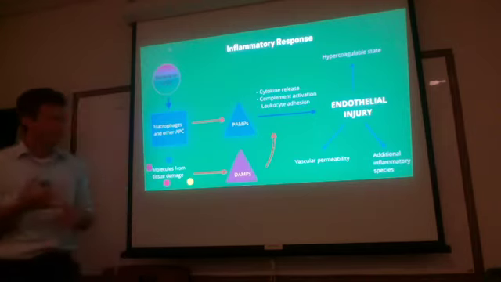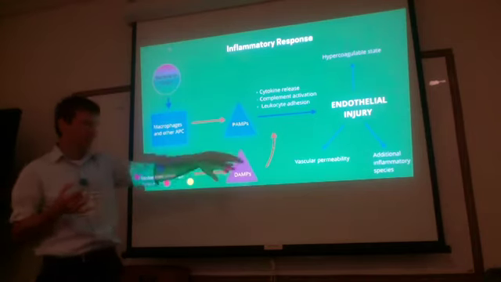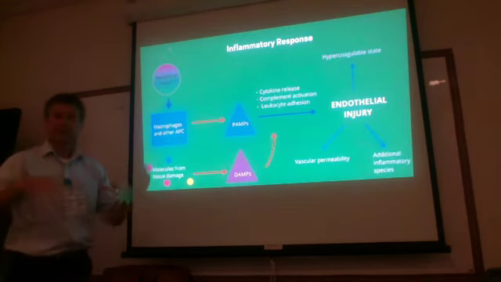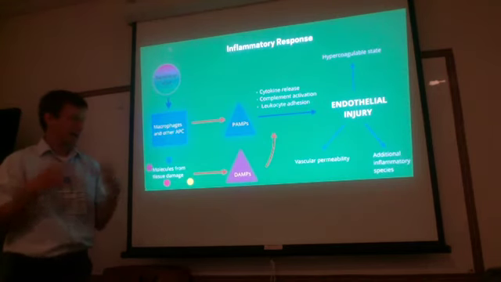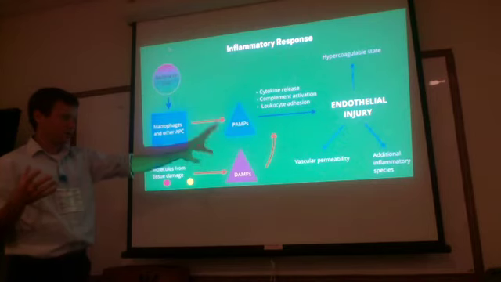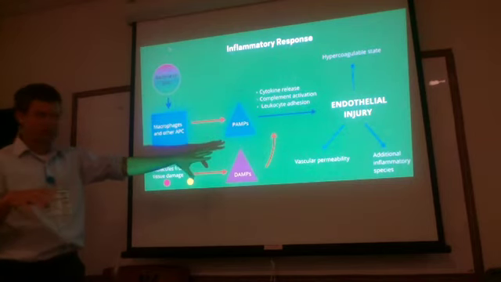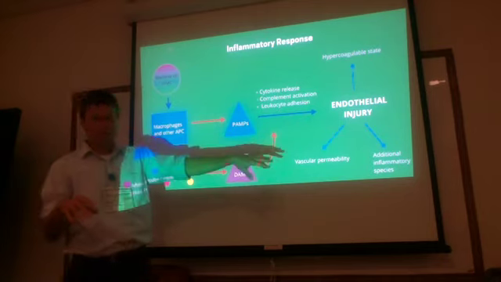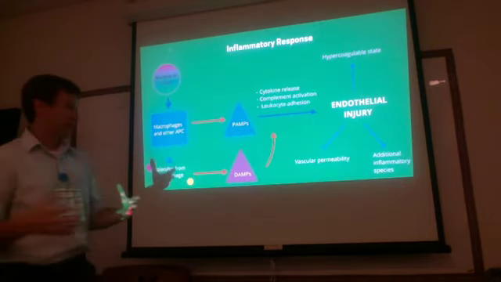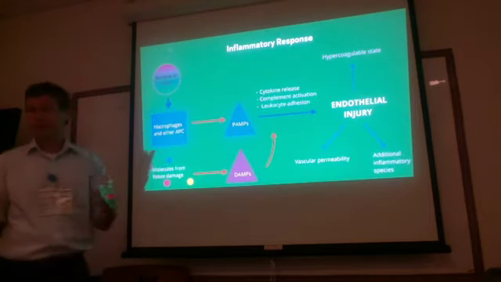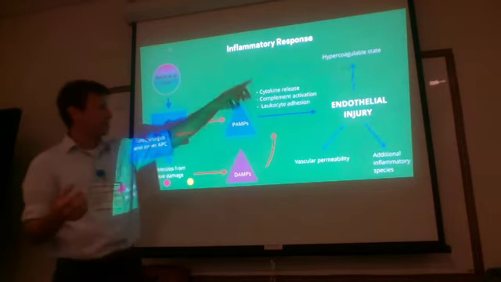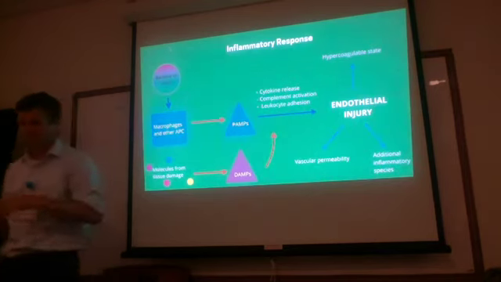So you get a couple things that happen. One, the vasculature gets really leaky. So it causes the blood vessels to dilate, things leak through, so you get less perfusion to that area. You get additional inflammatory markers that are released because now you have an injury to the endothelium, and so it goes back through here and encourages this. And you also get a hypercoagulable state.